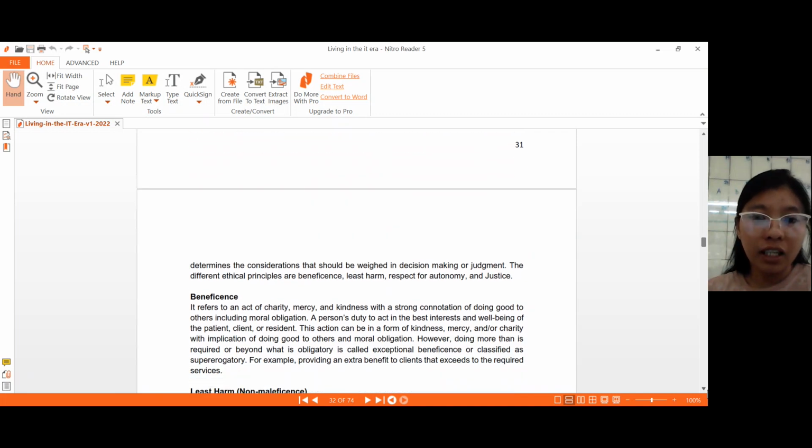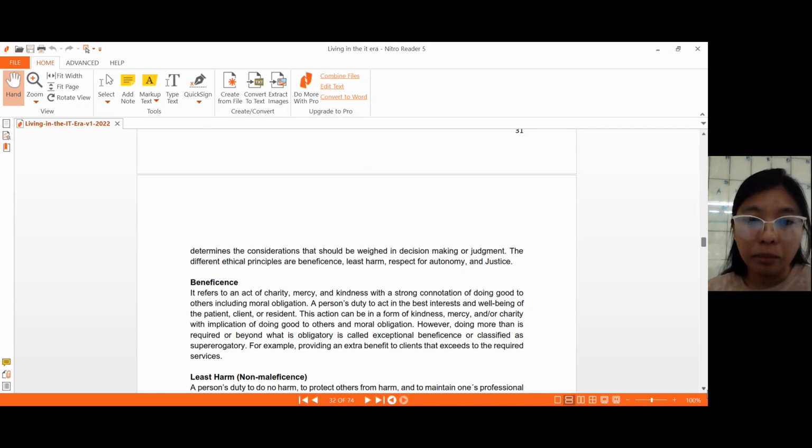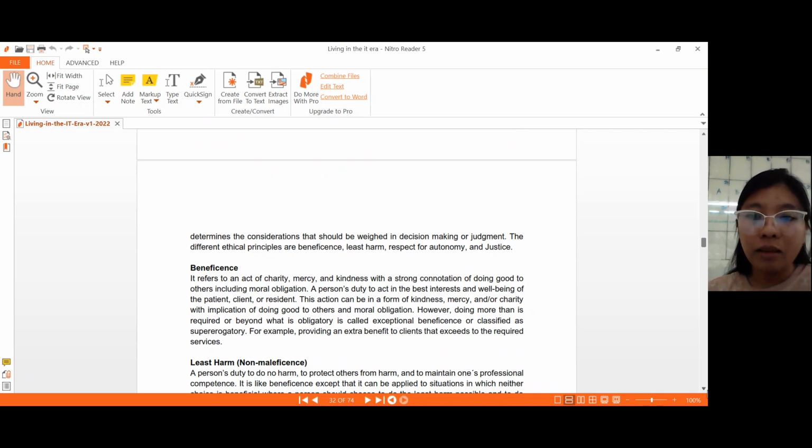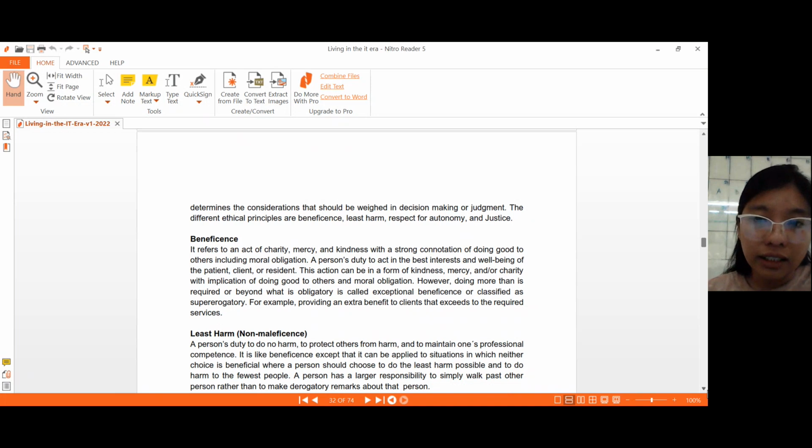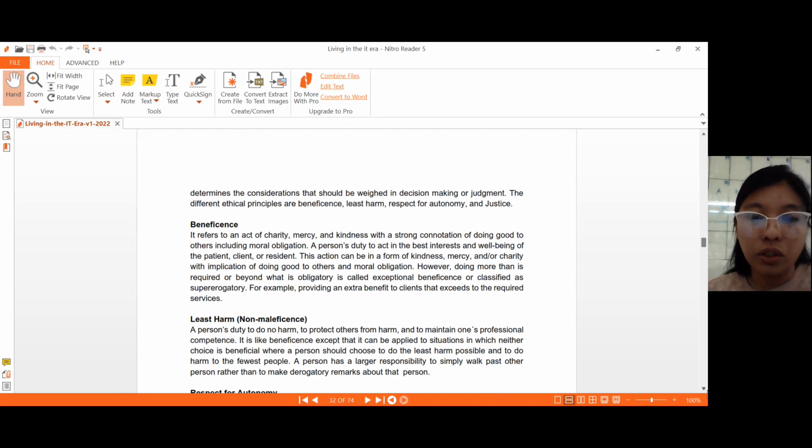It refers to an act of charity, mercy, and kindness with a strong connotation of doing good to others, including moral obligations. So a person's duty to act in the best interests and well-being of the patient, client, or resident. This action can be in the form of kindness, mercy, and or charity, with implication of doing good to others and moral obligation. However, doing more than is required or beyond what is obligatory is called exceptional beneficence or classified as supererogatory. For example, providing an extra benefit to clients that exceeds the required